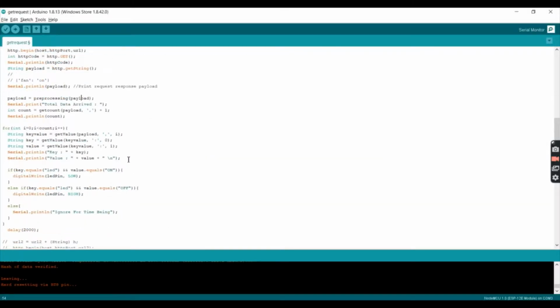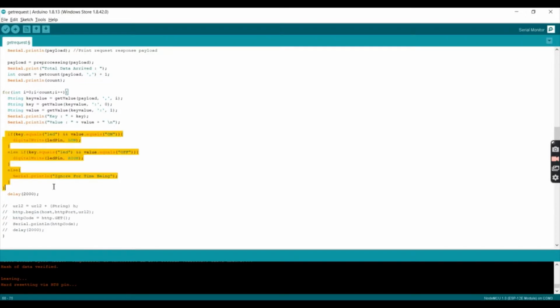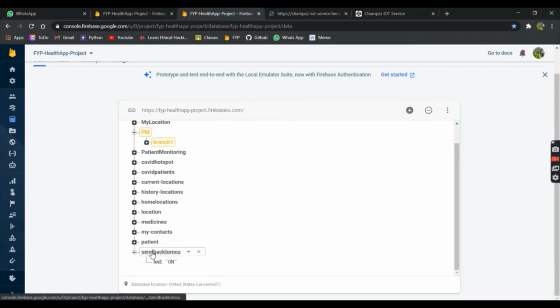What do you need to do when it is on? I wait 1 second. It is LED, and if it is on, I am getting the response this way. Set it as low, that is the on state. You can just assign the functions using an if else block. That's it. This is how you can fetch the data back. Remember to keep the same send back to MCU.